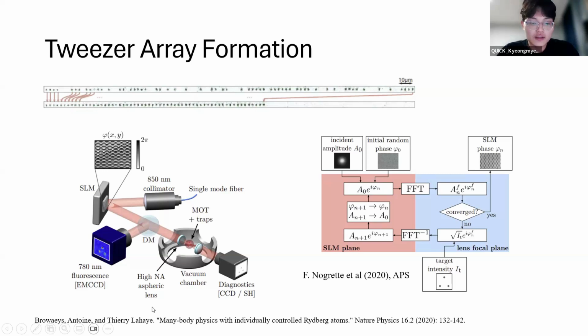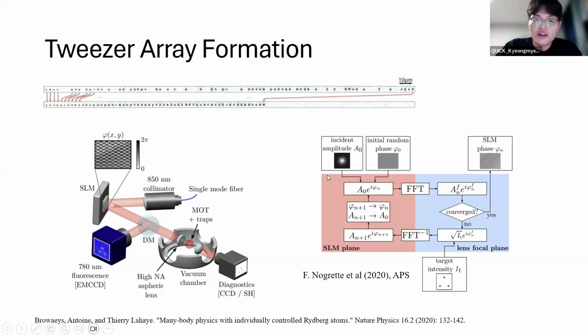However, it's not the phase that we wish to change on the image plane, but rather the amplitude, because we want to designate our own amplitude map. What I mean by this is that, for instance, we want an amplitude of 1 in places we want the tweezer to be and 0 everywhere else. And to achieve this, we use something called the GS algorithm. And how the algorithm works is